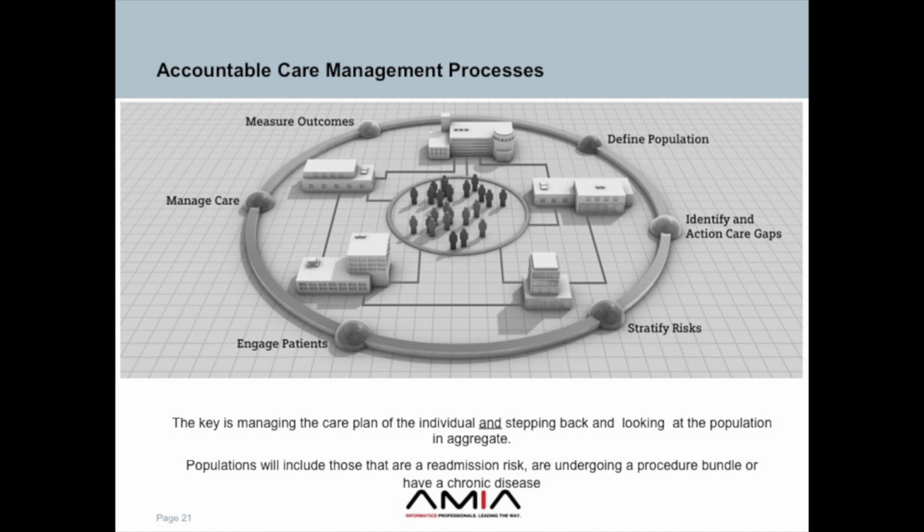The other idea here is that for every member of a population, remember, people can be in multiple populations simultaneously, not just multiple chronic diseases, but getting your hip done at the same time, or smoking at the same time, for every member of that population there's a care plan. What's the game plan for Mrs. Smith, given the population she is part of? You take a middle-aged guy like me and say, all right, he needs to take a statin, needs to get his colon scoped every 5 years, and we just make sure he doesn't turn fat on us.